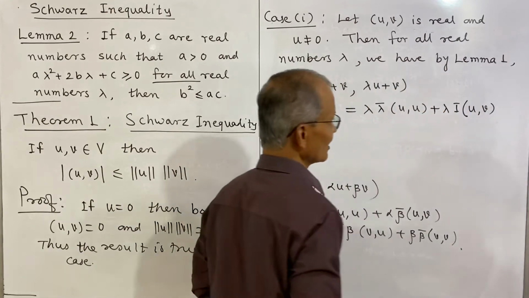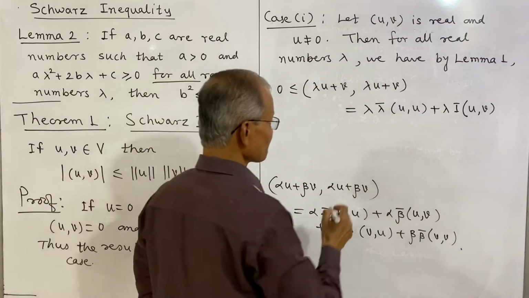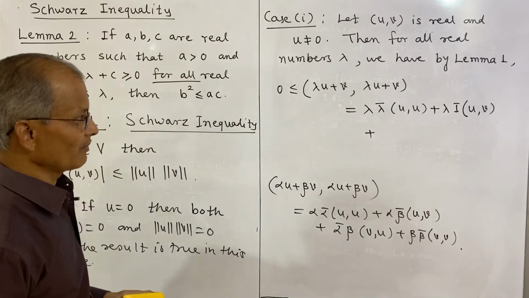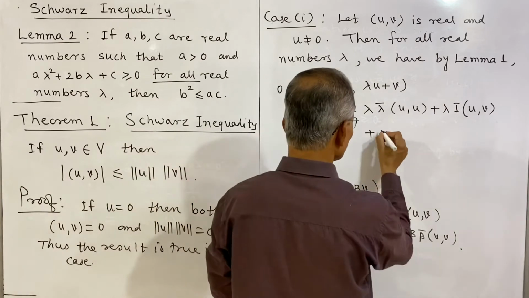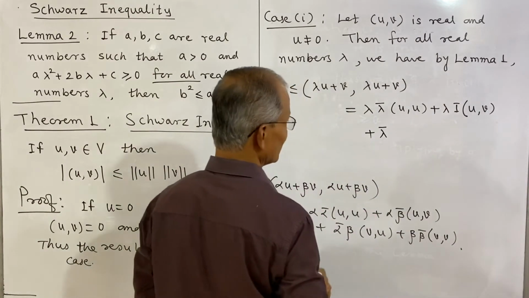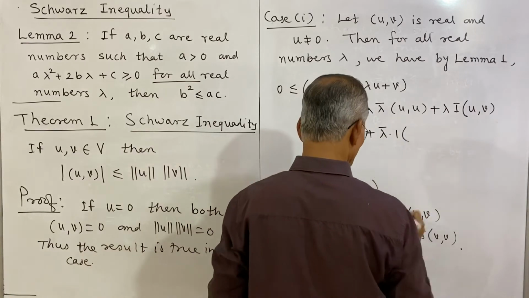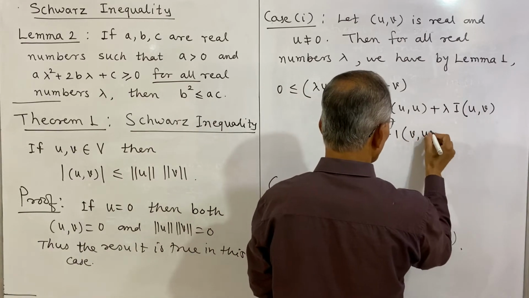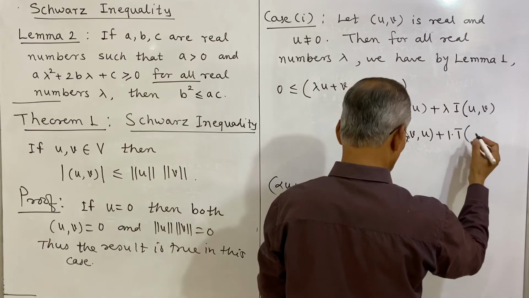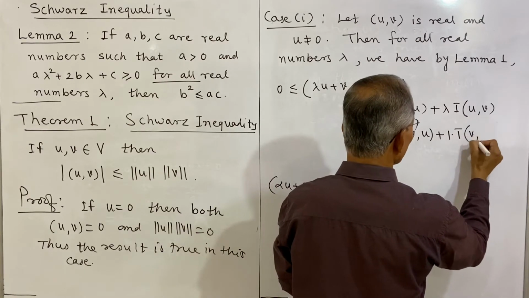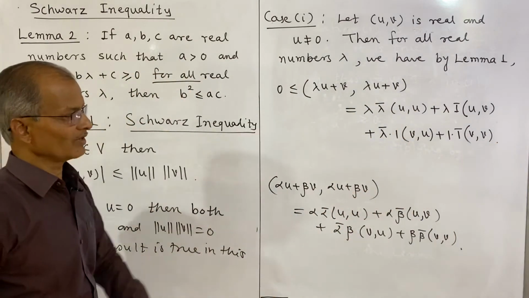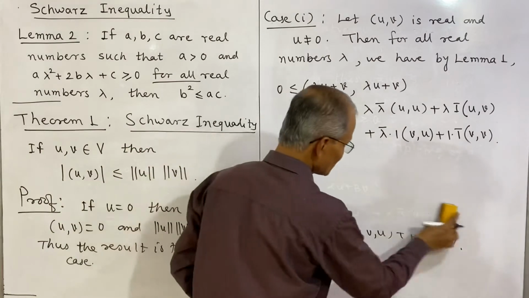That means lambda times the inner product of u and v, plus the conjugate of lambda, with beta being 1, times the inner product of v and u, plus beta times conjugate of beta, which is 1 times 1, times the inner product of v and v. So we have used the lemma here, and we get this one. But it is further equal to